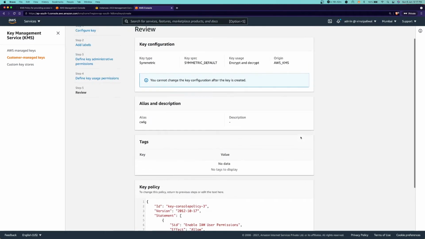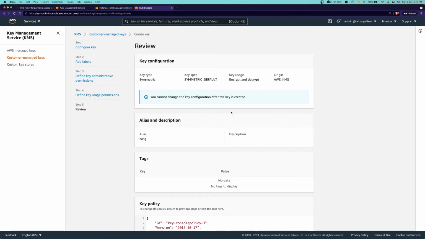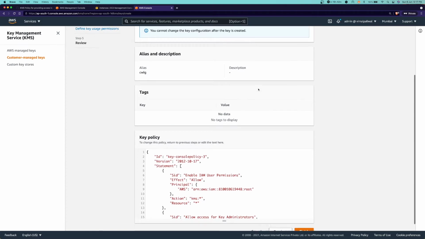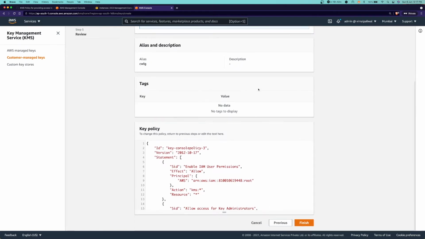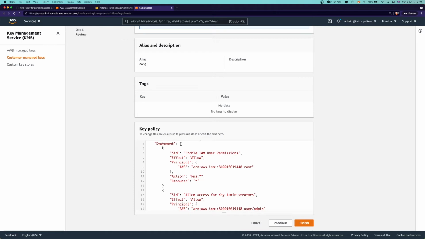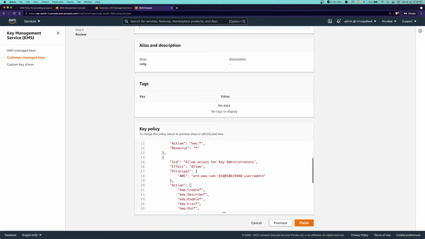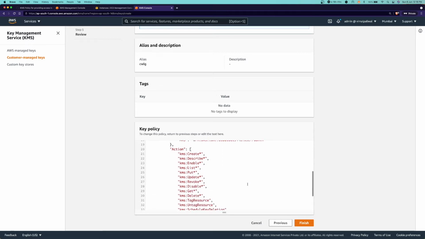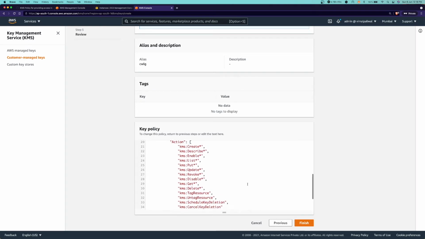Now on this last review page, I can see that I'm creating a symmetric key, which will be used for both encryption and decryption purposes. The name, the alias, which I've given, no description. Now here comes the IAM policy, or the resource-based policy, which AWS created for us. If we see, the first statement says that the root user has full access to this key. We assign an administration permission to the IAM user named admin, and following are the actions associated to that user